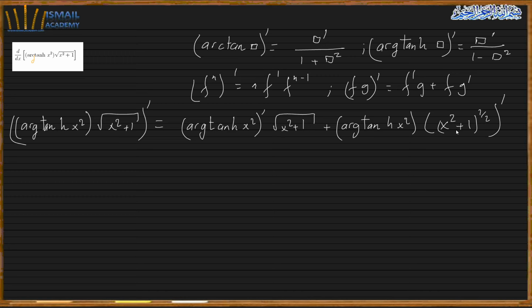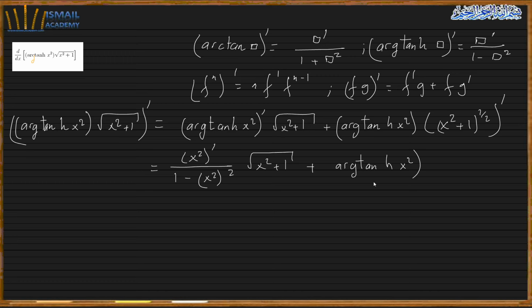So now I apply the product rule. I'm going to do the derivative of each one by itself. So arc tangent hyperbolic is the derivative of the inside, which is x squared prime over 1 minus (x squared) squared. So my little square here is x squared times square root of x squared plus 1 plus arc tangent hyperbolic